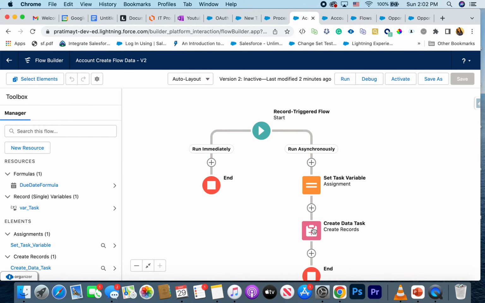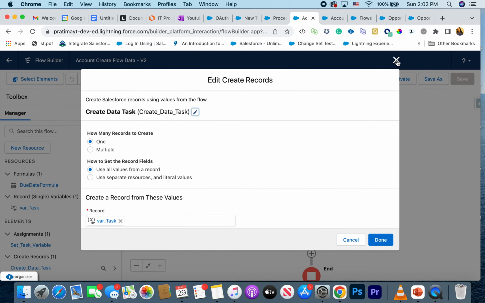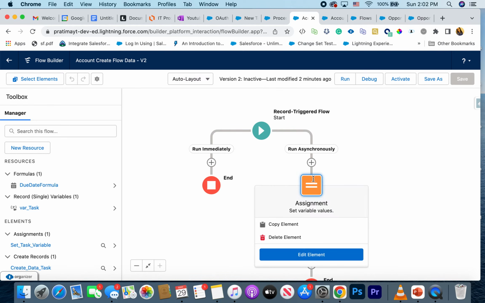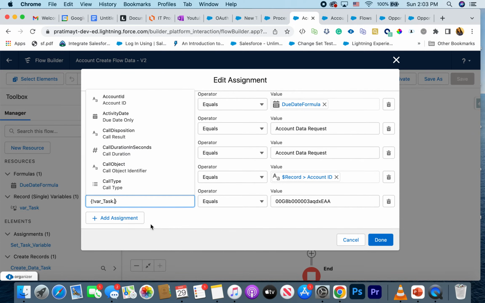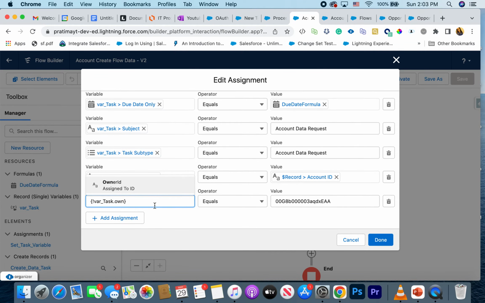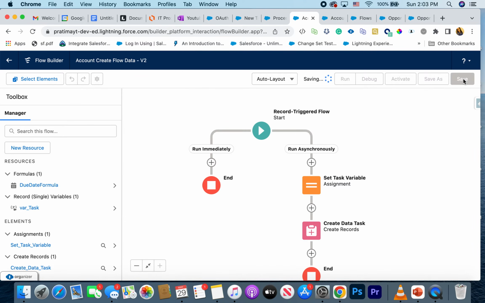Now I'm gonna go task variable settings or assignment, and whatever I did here that's wrong, it actually should be the owner, not the who ID. Silly mistake, but it happens. So assigned to ID is what should be the queue, not the who ID. Okay, now let's save this again,